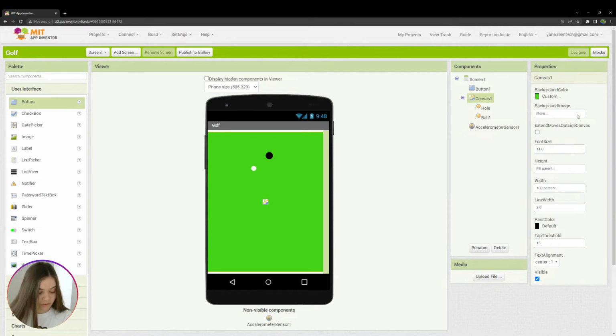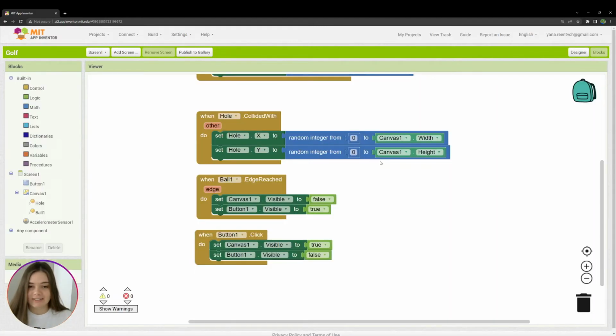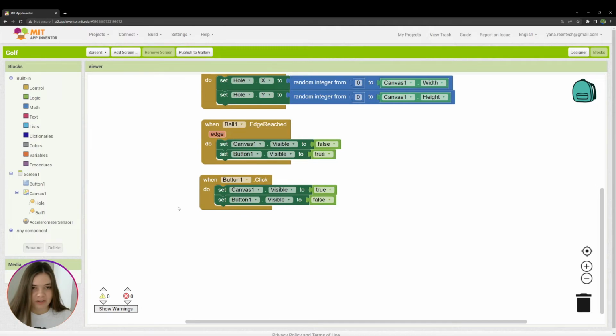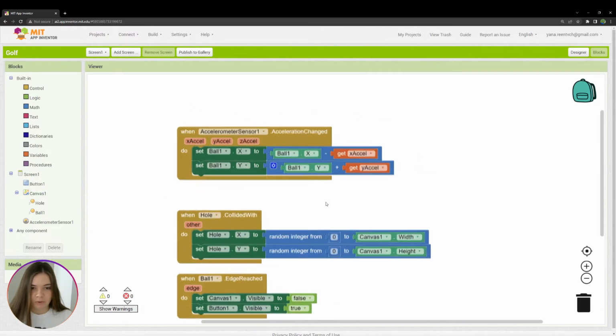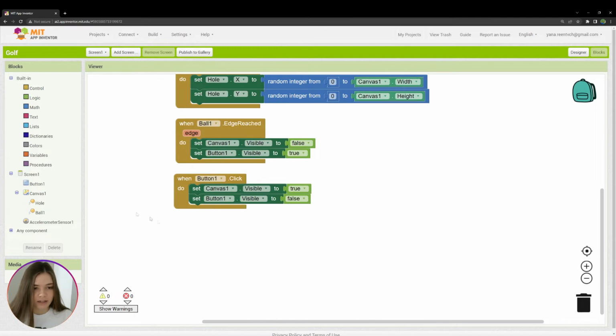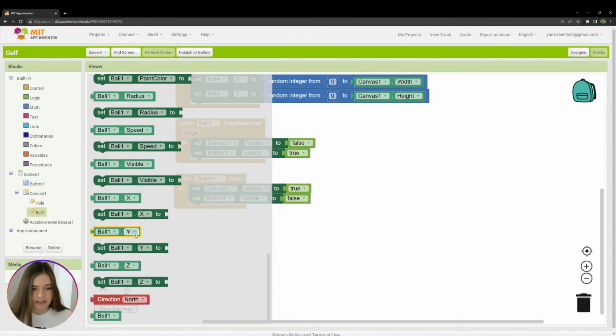When we click restart, ball appears in the same position that it was before everything disappeared, and by that ball appears on the edge of the field. So let's also move it to, for example, the center of the screen. We should set ball 1x and set ball 1y to the middle. Okay, let's take